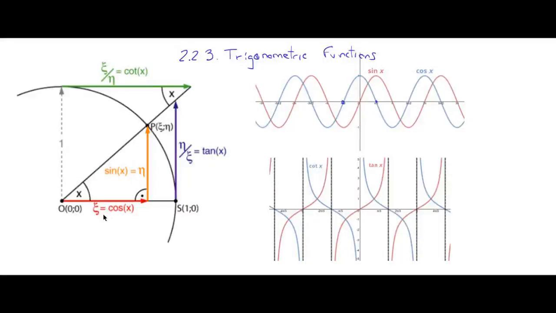Trigonometric functions are the cosine, the sine, the tangent, the cotangent, and a couple more that I'm going to introduce. These functions are defined in a geometric sense. If we draw the unit circle, that's the circle centered at the origin with radius 1. If you take an angle of this circle, and we call it x,